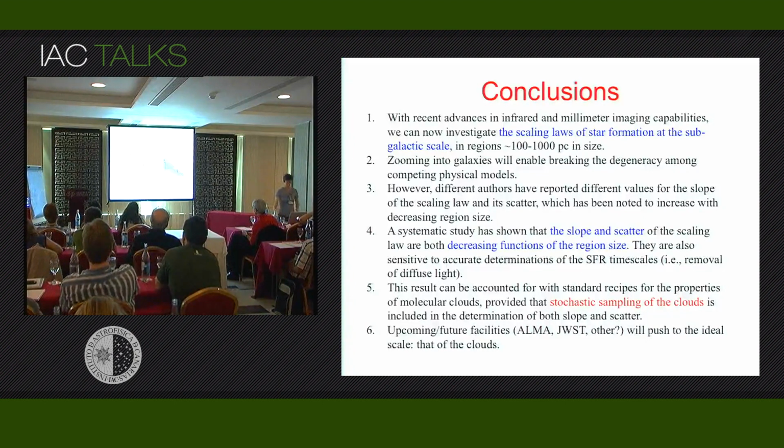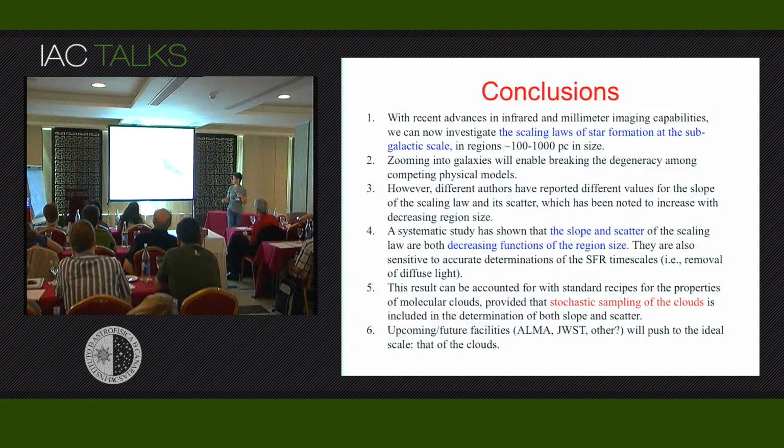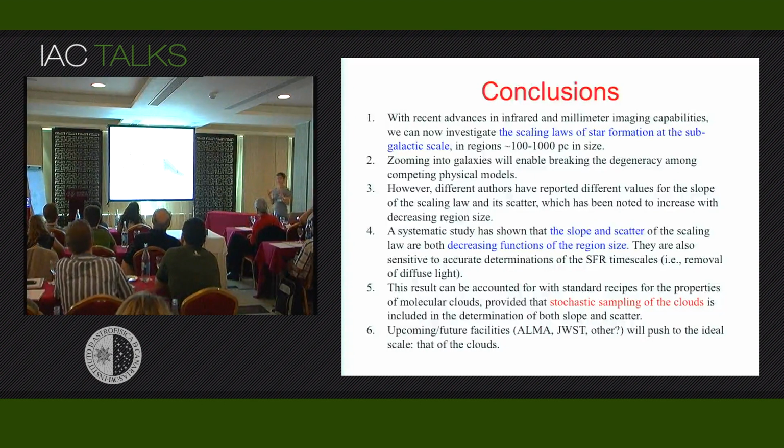Right. But then you have the problem. I relate to what you say that the Milky Way offers us 2,000 clouds, but it's one data point. It is not a very active galaxy to start with. So it might be worth going to places that are more active and see how they behave. At that point, at least until you start resolving them into individual clouds, you start to run into this issue of how you deal with stochastic sampling, how you deal with diffuse light, how you deal with all these other problems.